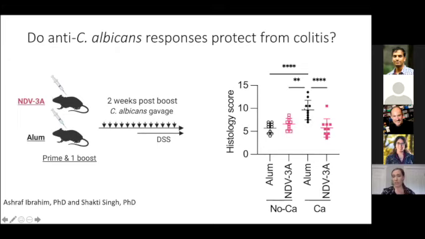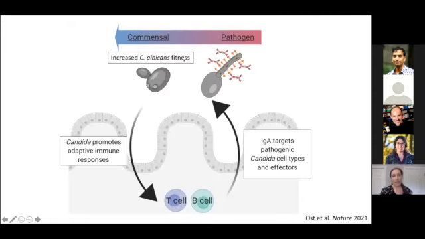You can see there's significantly worse disease in the alum-treated group compared to the vaccinated group, and that this response was dependent on Candida treatment, because there was no difference in disease between the mock-treated alum and NDV3A groups. And so altogether, this